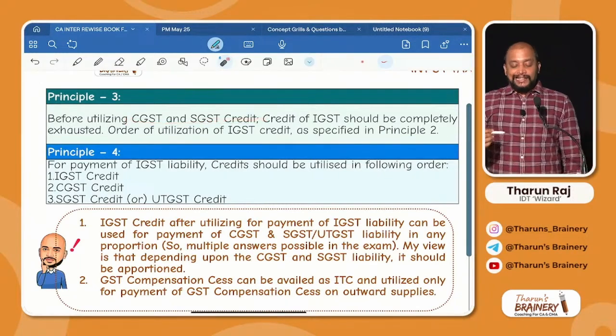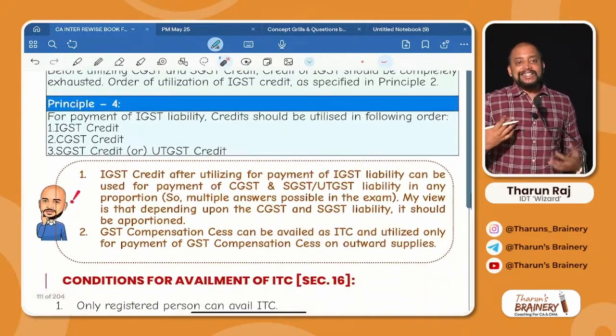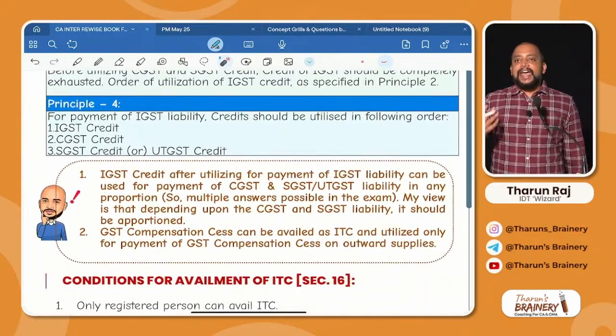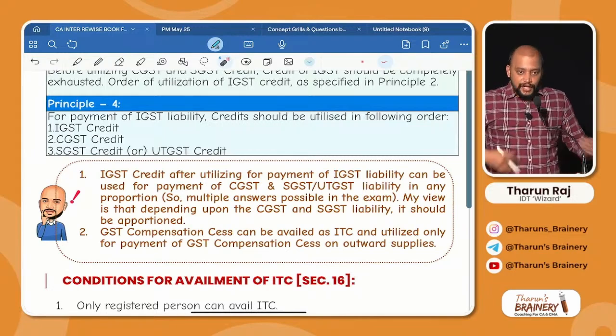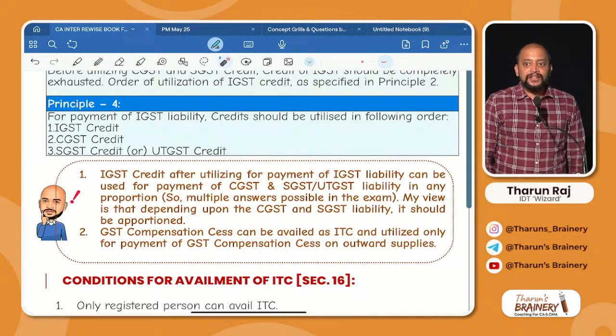Then fourth principle, that is for payment of IGST liability. That is, I have a liability. So what should I do? I should check whatever money that I have. If I don't have,